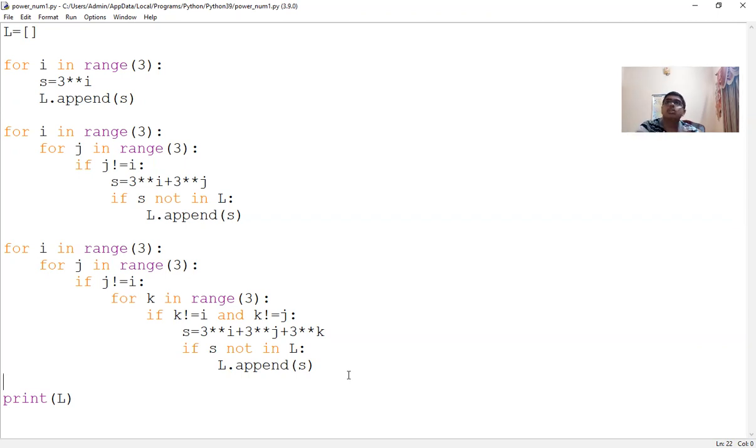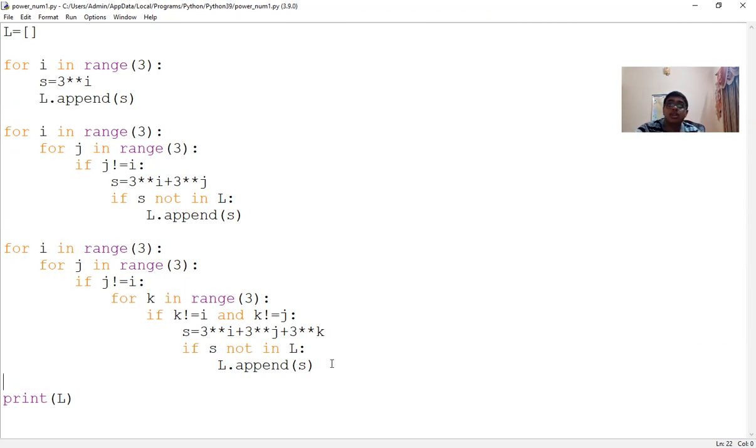No, there's no logical error. But there's something known as algorithmic efficiency. Is this algorithmically efficient? If you see this, there are so many conditions, there are so many nested for loops. Nested for loops are known to consume a lot of time to get evaluated. Why is it so?